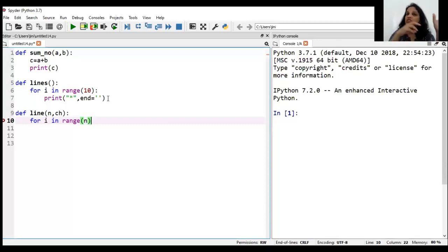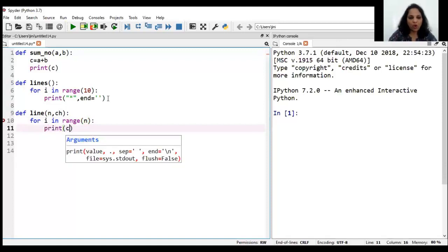So what it is drawing can change, and how many of them it draws can change. So I'm storing it in a variable called n. And what do I want to print? I want to print the value of ch. And like I said, if you want it in a horizontal line, then I write end is equal to.